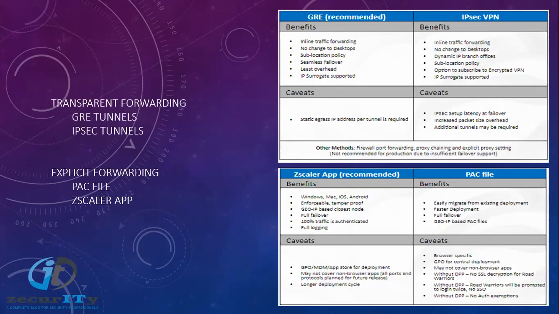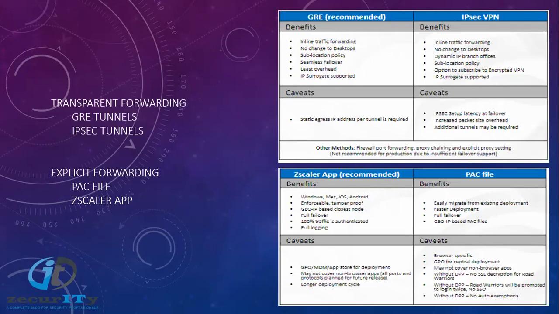GRE will do only encapsulation, IPsec will do encapsulation and encryption. So the headers are more complicated when using IPsec. Regarding failover, GRE has easy methods like keepalive and IPSLA to do the failover. Whereas in IPsec, those configurations are a bit complicated compared to GRE. If your location bandwidth is more than 200 Mbps, then you need to choose another IPsec tunnel towards the Zscaler cloud to accommodate more users' traffic.